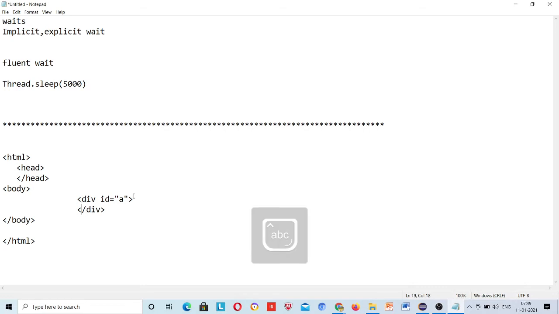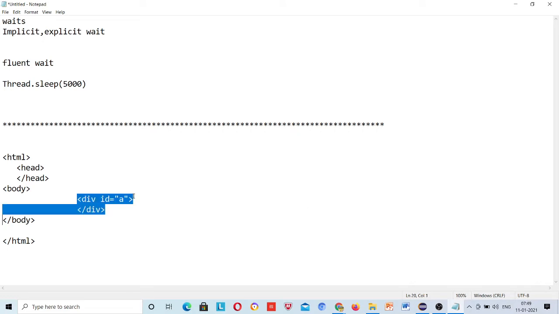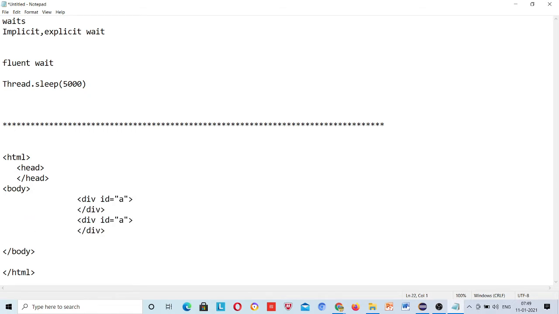Another, id B. Okay, so these are the two divs which I have.